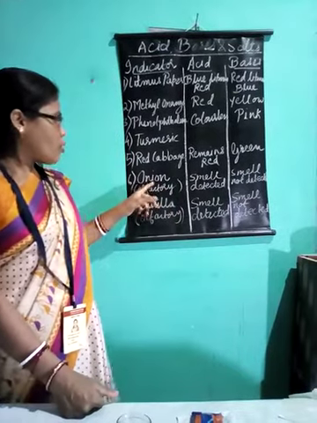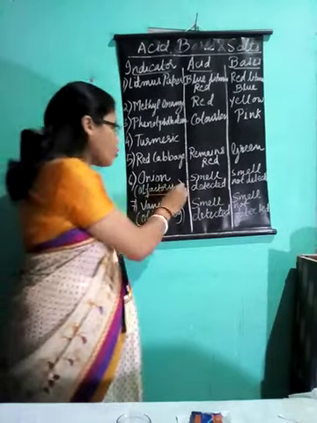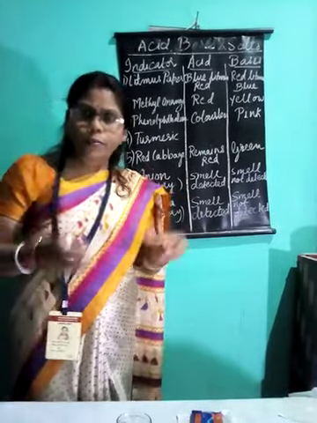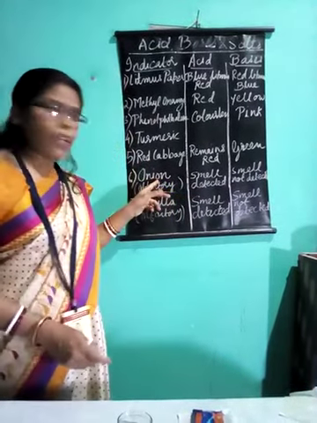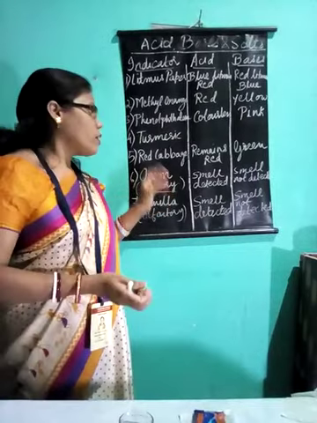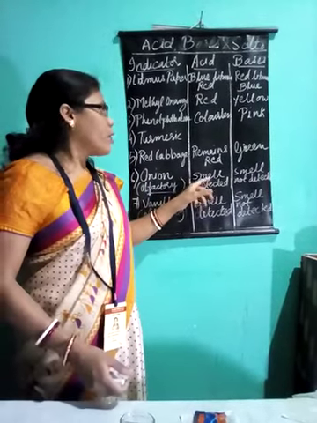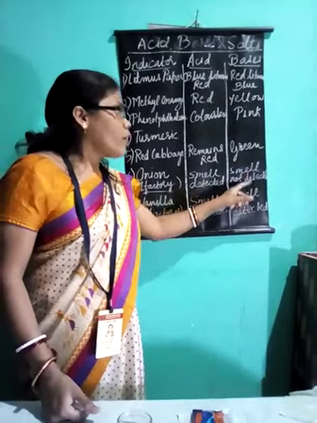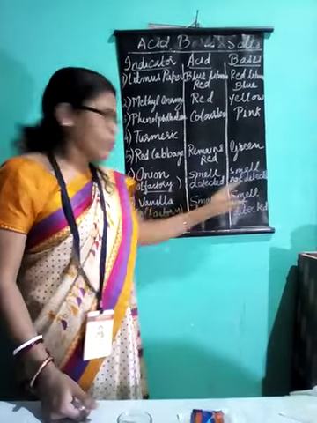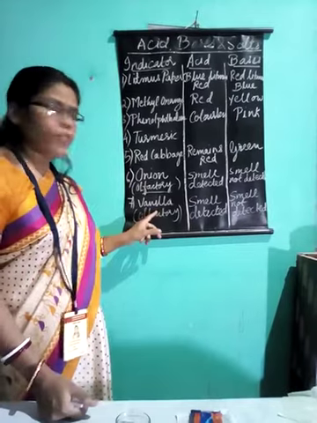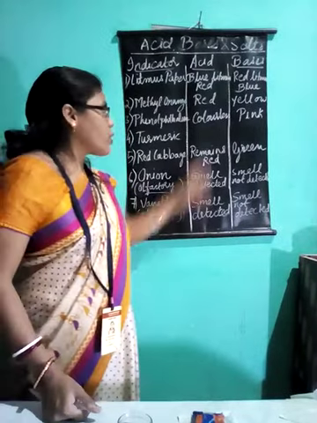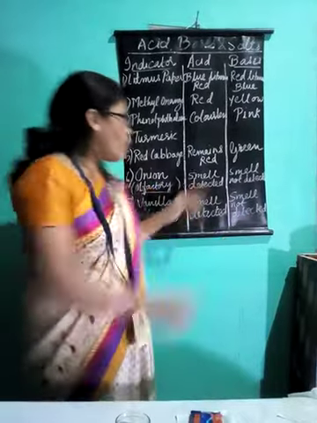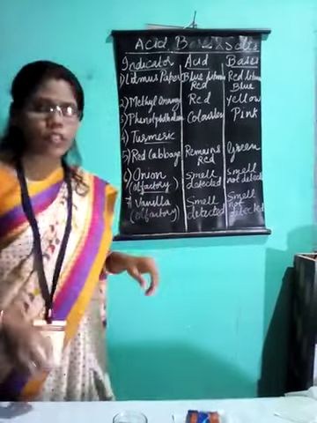Now there is something which is called an olfactory indicator. What is olfactory? The word olfactory means it is related to smell. Now onion has some peculiar smell. This smell is detected when acid is put on it, whereas the smell is not detected when base is put on it. Vanilla is also a very sweet smell. This smell is detected in acid and it cannot be detected in bases. Now for turmeric, we'll do this. It is a natural indicator.